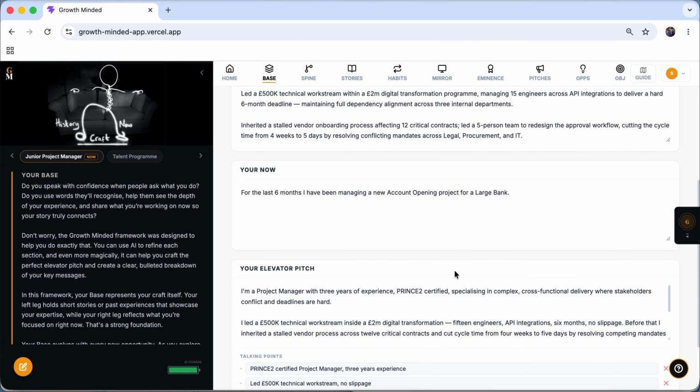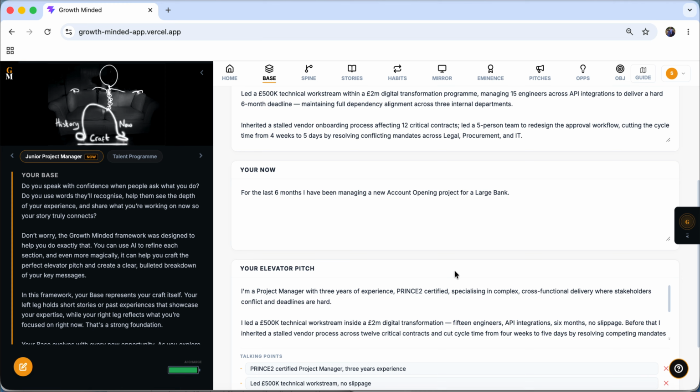Your now is sometimes ignored or very powerful. So, for example, when I was asking people, what are you doing now? I was testing whether they're performing. So if they were to say to me, well, I'm project managing this project at this client, and I've been doing that for the last month, I'd be thinking, well, why are you coming to me? So that could be a weak right leg.